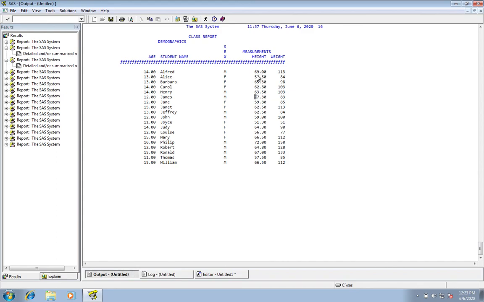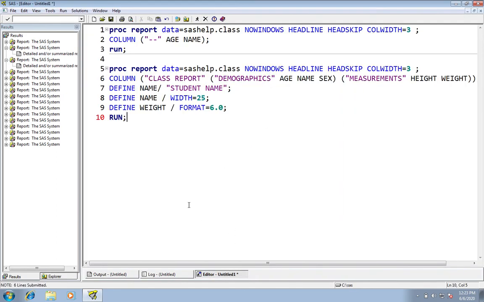If you want to remove them for height values also, you can give it in the same statement. Mention two hyphens in between each variable and give the other variable name, height. Now execute the program.